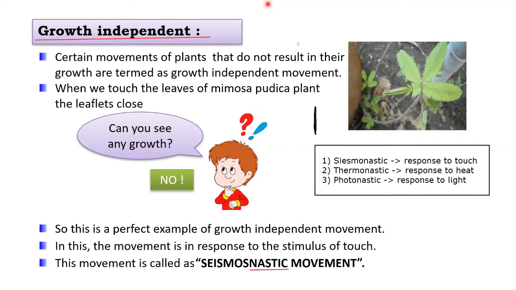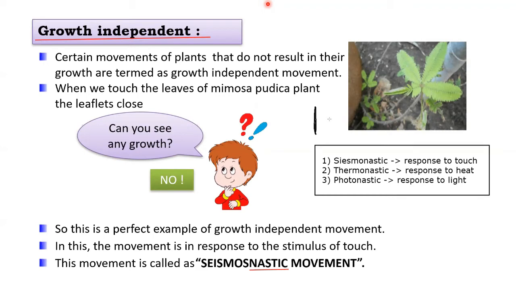and I guess none of you have any doubt or questions. ये तीनों टाइप के जो मूवमेंट है, ग्रोथ इंडिपेंडेंट मूवमेंट, ये आप लोग लिख के रखो. Even if you wish you can write one more also which Janvi suggested. It is called chemonastic movement. Yes, Yash is saying thigmonastic movement. Yes, thigmonastic movement is also there. That is because thigmonastic means